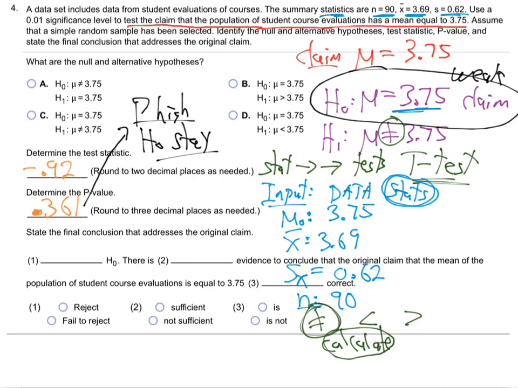So state the final conclusion that addresses the original claim. Do we reject or fail to reject the H0? Yeah, fail to reject. We're keeping the H0. We're not rejecting it. There is not sufficient evidence to conclude that the original claim is equal to 3.75, there is,